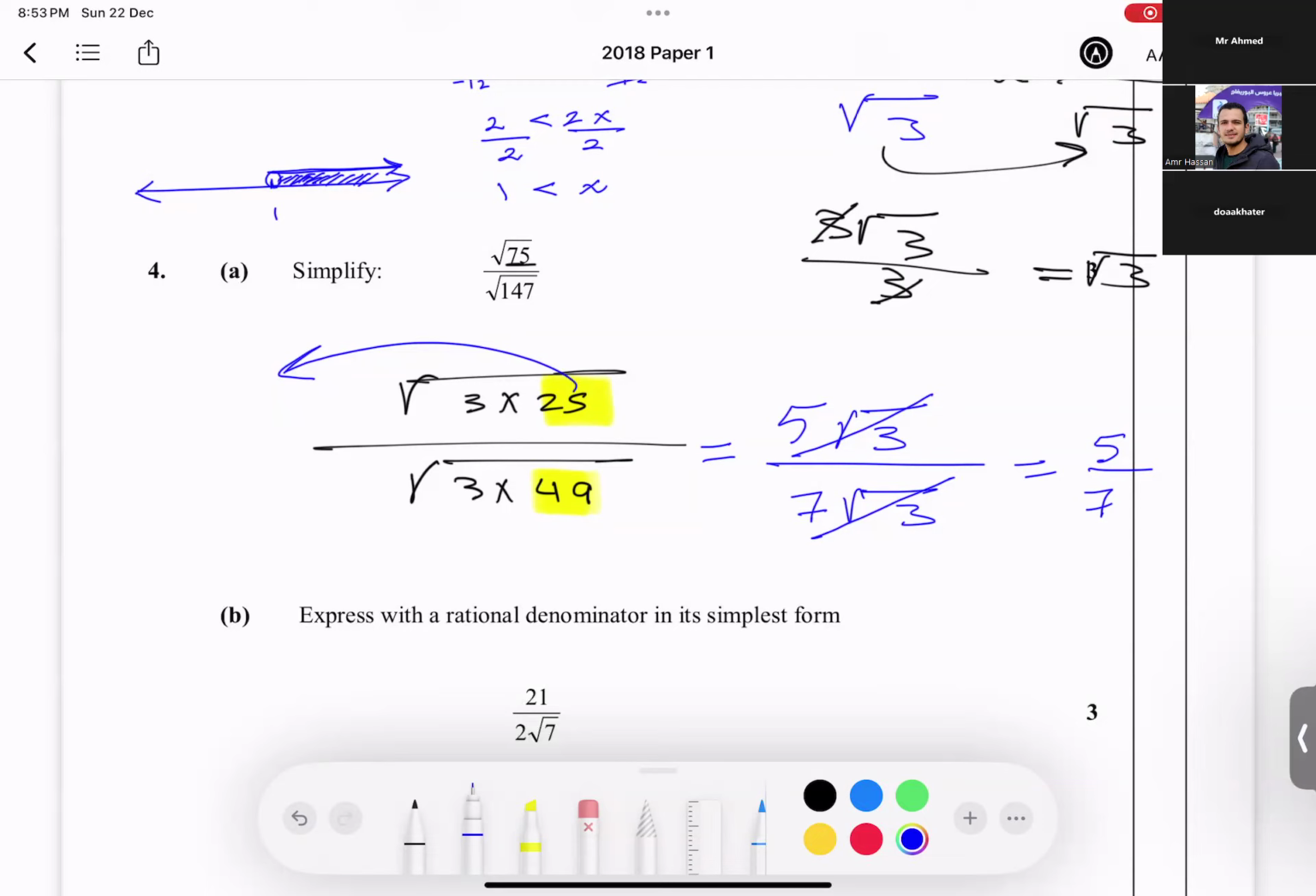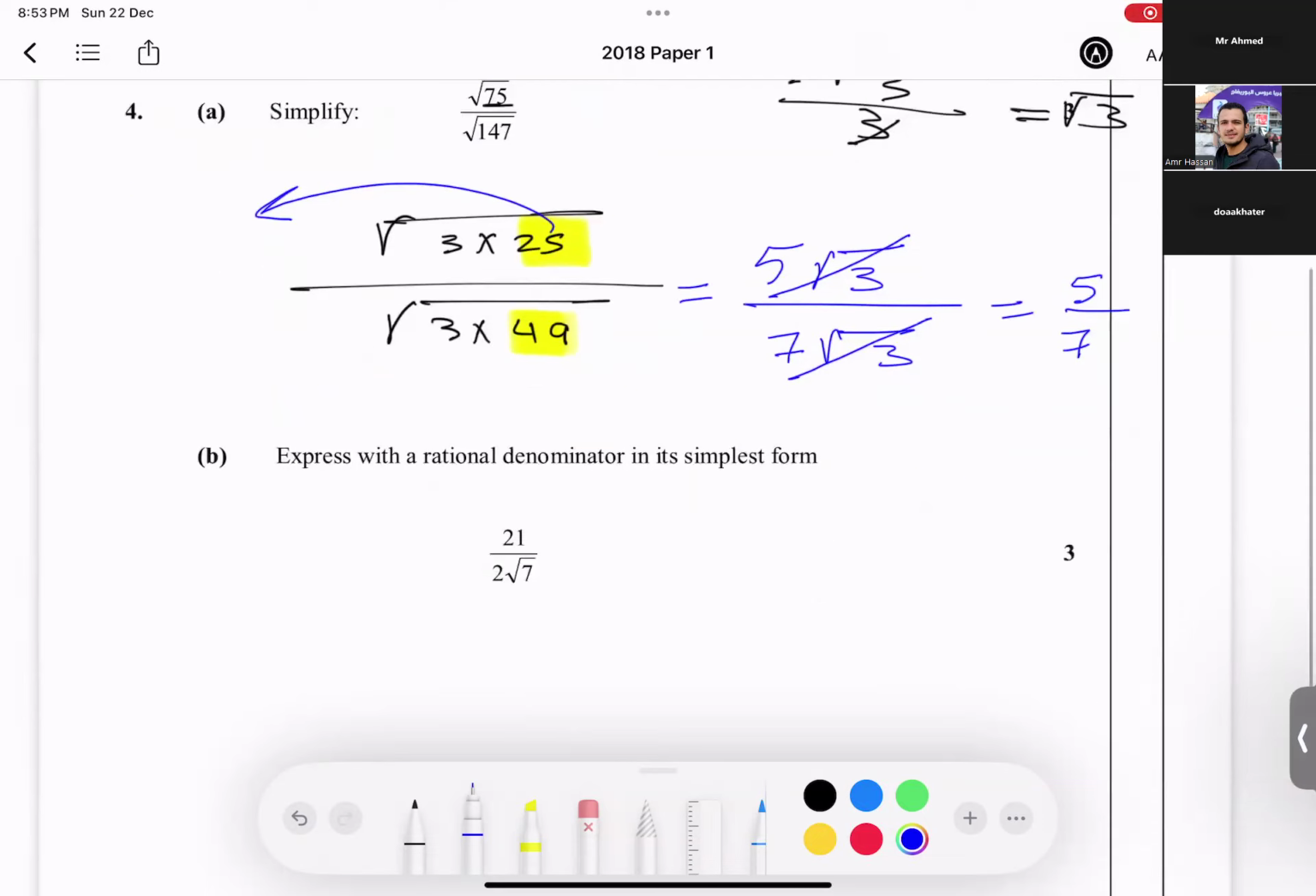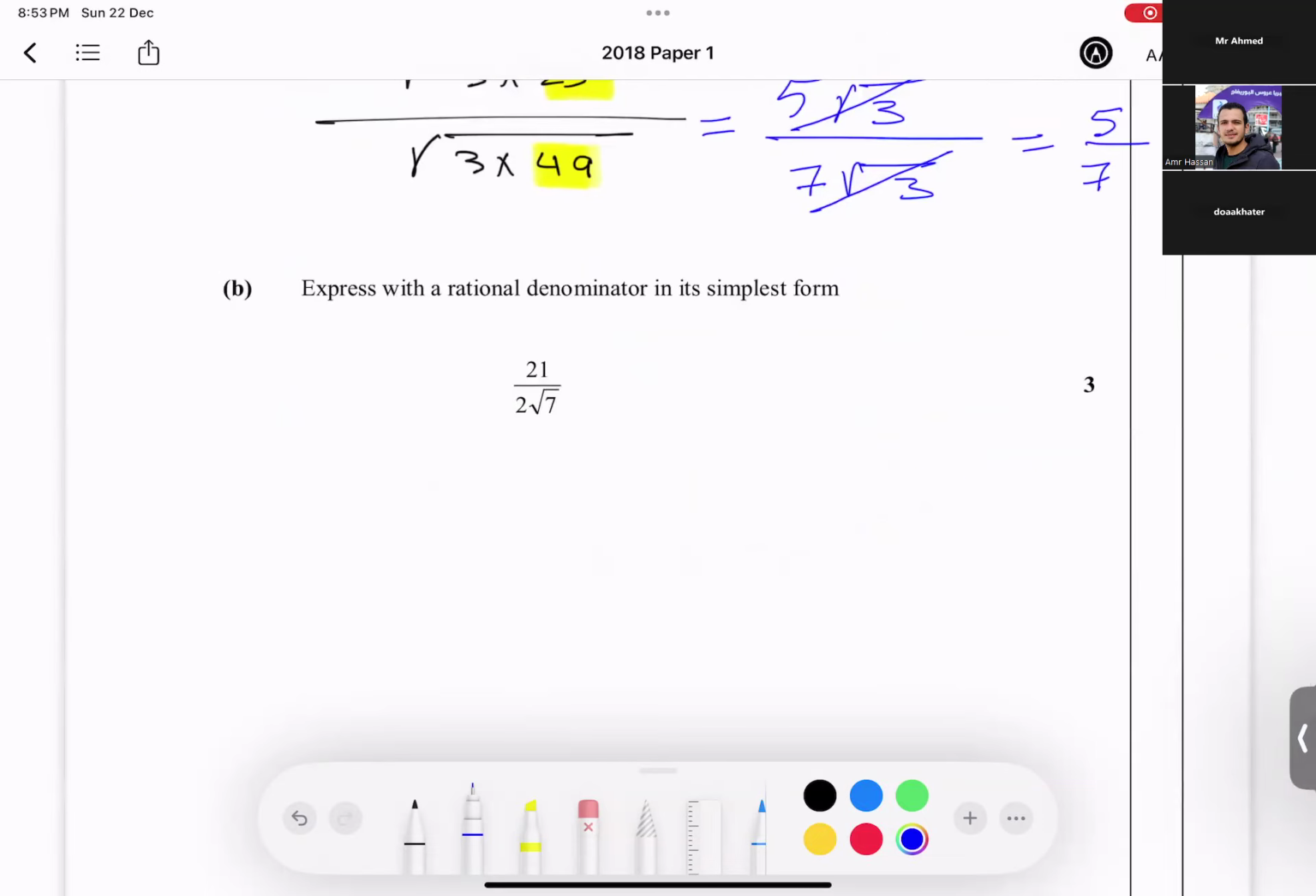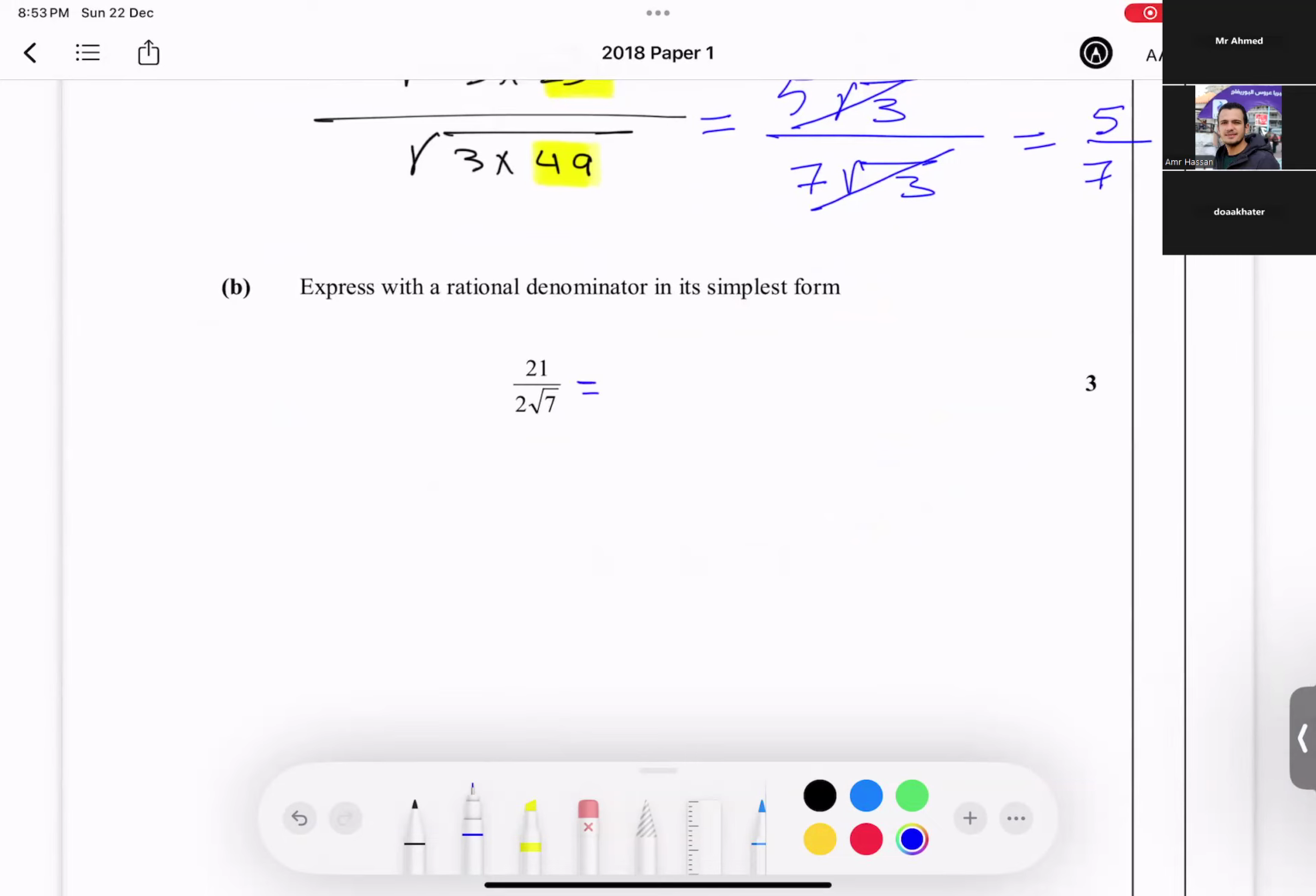Are you done? Yeah. Okay, let me go over this one. Here we have the same thing, but expressed with the rational denominator. So I need to multiply by root 7 up. No, I mean root 7 down, right? Yeah. So, and then